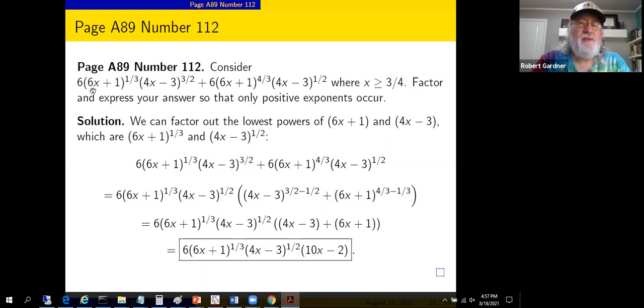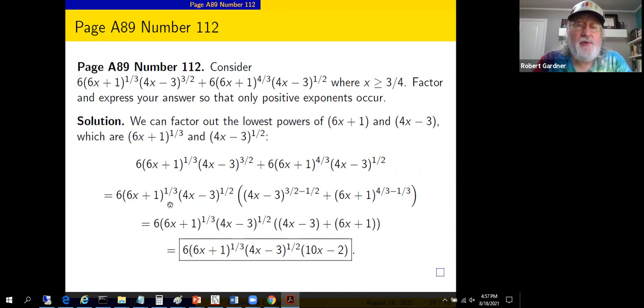So we've got 6x plus 1 to the 1/3, 6x plus 1 to the 4/3. So we can factor out the 1/3, the smaller exponent. 4x minus 3 to the 3/2, 4x minus 3 to the 1/2. That's the smaller of those two exponents. We can factor that out. So we'll factor 6x plus 1 to the 1/3, 4x minus 3 to the 1/2, factor those out along with a 6. So out front, we'll have a 6, 6x plus 1 to the 1/3, 4x minus 3 to the